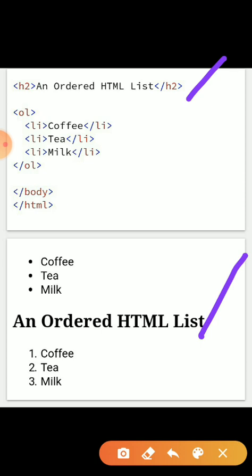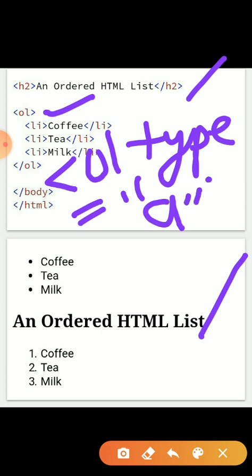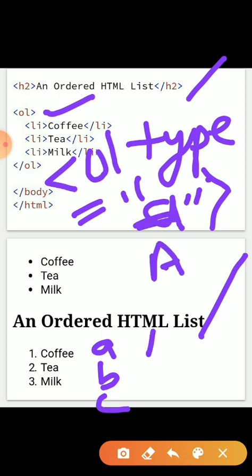How will we give it? Just the same thing we did in the unordered list: when we open the ordered list, we give type, then equal to, and here we specify the list order. Suppose I give a, in output it shows a b c, like that. Then in place of a we write capital A, so it shows capital A, capital B, capital C.